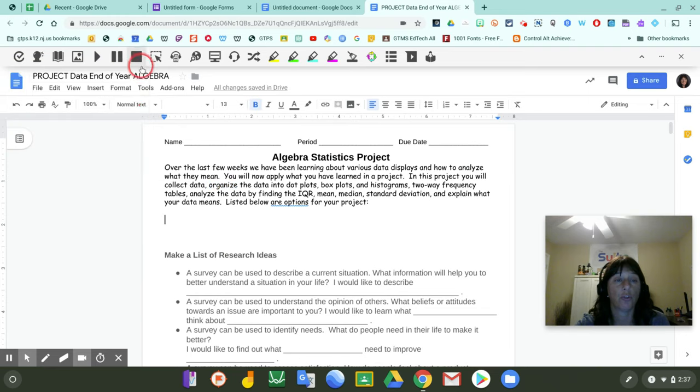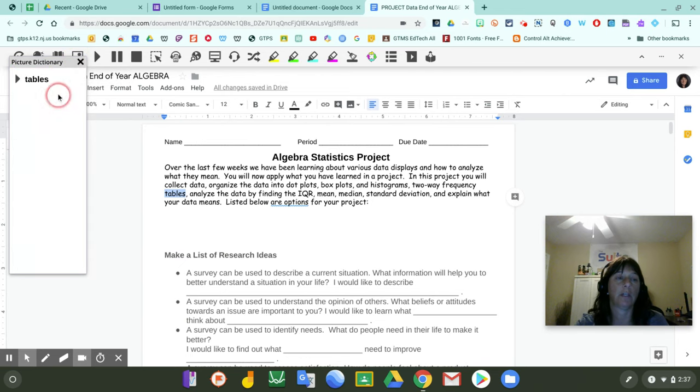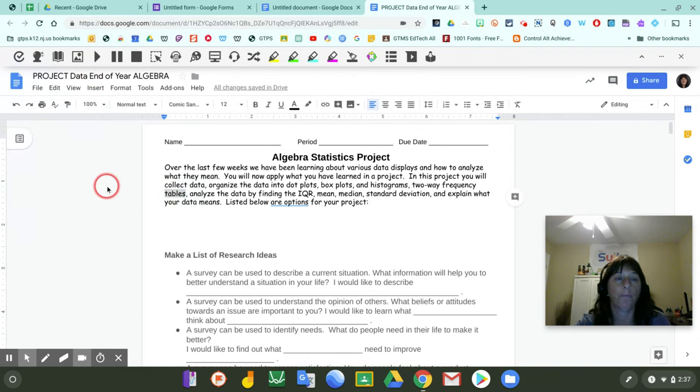If I wanted to go to a picture dictionary, I can highlight the word tables, and this icon here will open up a picture dictionary and try to interpret what picture goes with that word. So that's really cool. Another thing that students may find helpful is that this will read the text. So if I highlight the paragraph and I hit play,